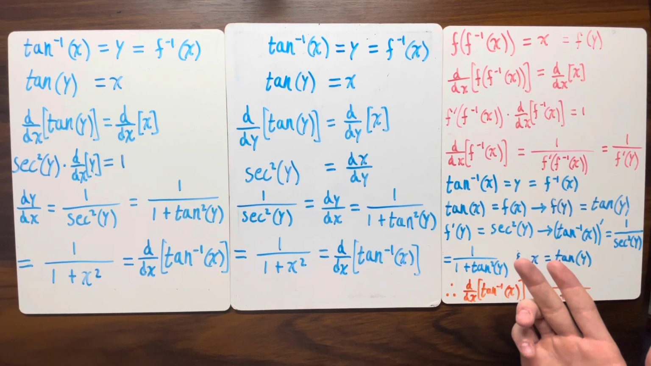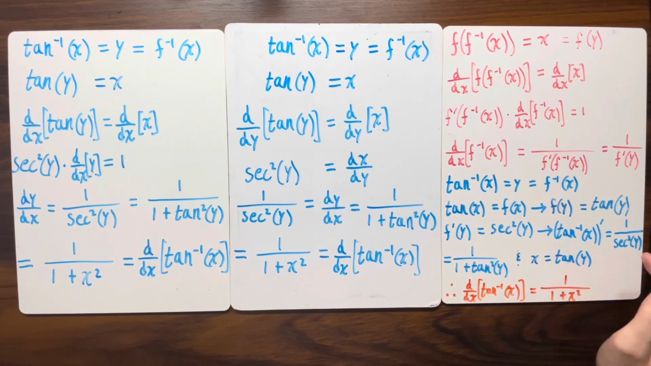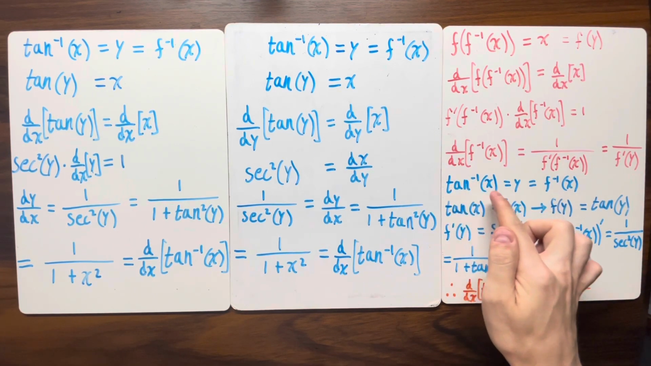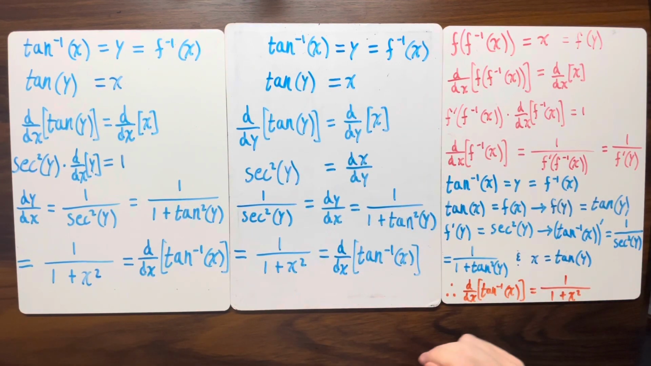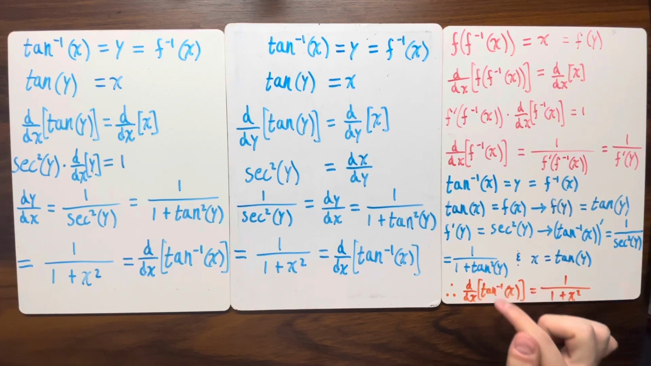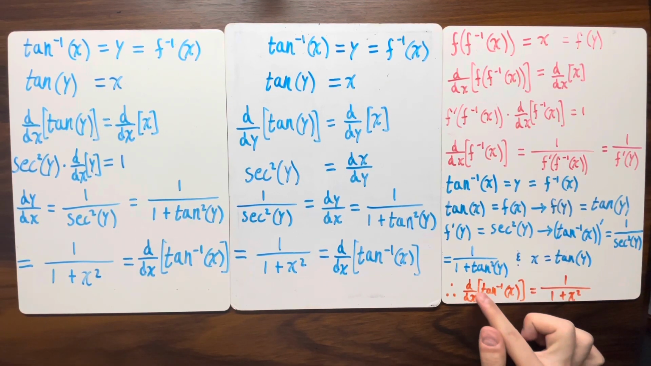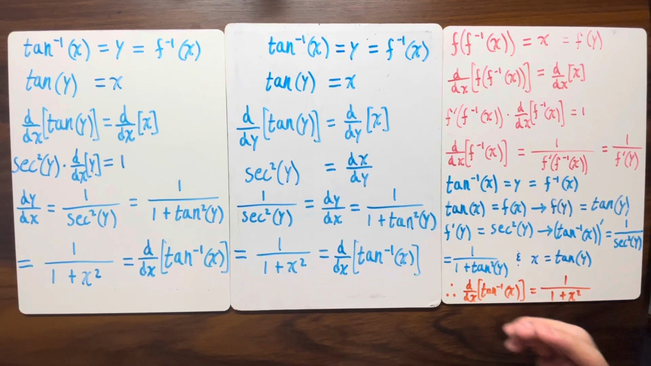So we just figured out that the derivative of tangent inverse is 1 divided by f prime of y, or in other words, 1 divided by secant squared of y. And again, what is secant squared of y? Well, it's 1 plus tangent squared of y. And what is tangent of y? If we know that tangent inverse of x is equal to y, then we know that x is equal to tangent of y. So this is the same thing as 1 divided by 1 plus x squared. So again, we get that the derivative of tangent inverse of x is 1 divided by 1 plus x squared. So here are 3 different ways